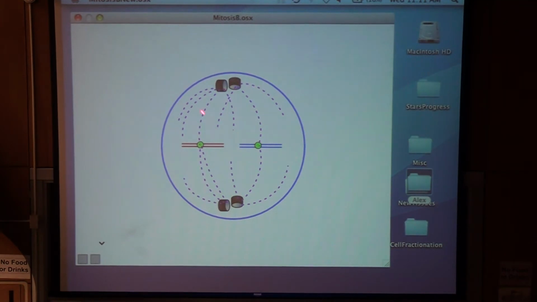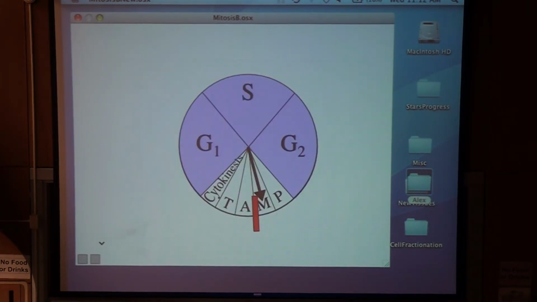Remember, the spindle fibers are these microtubules here and here, and each chromosome has to be attached to spindle fibers that attach it to the bottom centrosome and also to the top centrosome, because here in a moment in anaphase the centromeres are going to split in two and each chromatid will move in opposite directions. So anyway, the cell is checking here to make sure that each chromosome is attached to the top pole and the bottom pole of the cell. And if that checks out, then the cell gets to move past the metaphase checkpoint and then proceed through anaphase